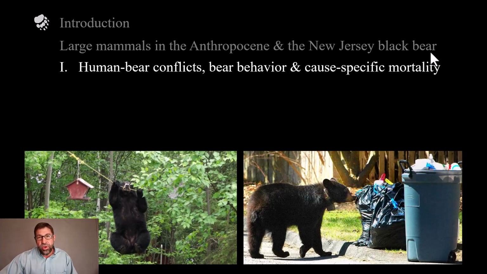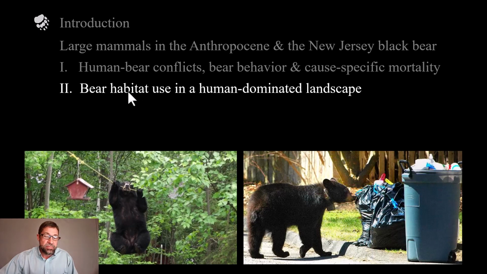I'm going to present to you 3 of my dissertation chapters. The first focused on human black bear interactions, for which there were over 26,000 of them. Specifically, we're going to focus on those bear behaviors that caused conflict. So bears knocking down bird feeders, getting into people's trash, breaking into their garages, knocking over their grills, eating their pet food, and we'll talk about some of those behaviors. And then we'll focus on cause-specific mortality rates of these bears. So how are they dying, and what are they dying from?